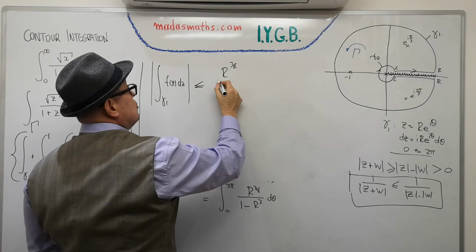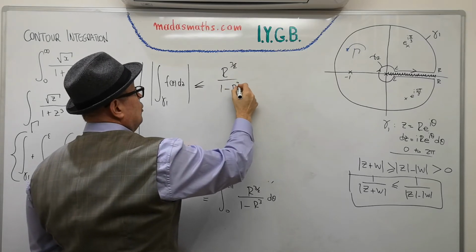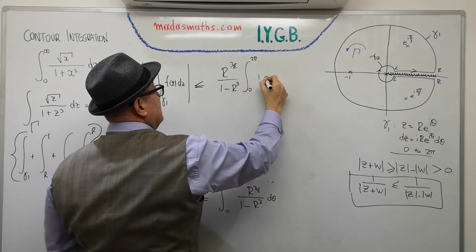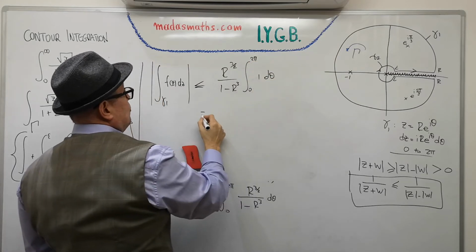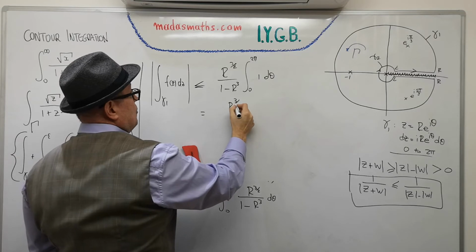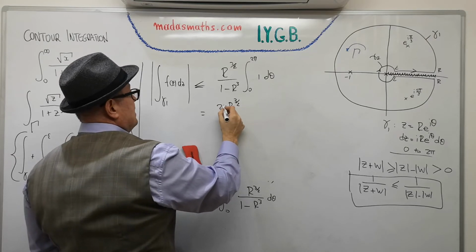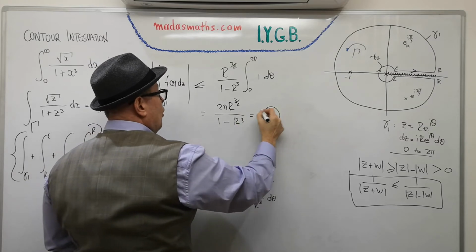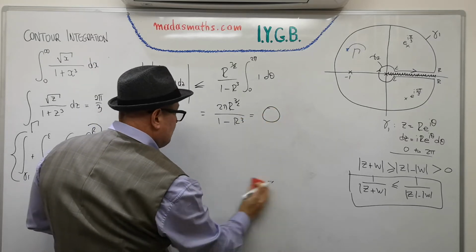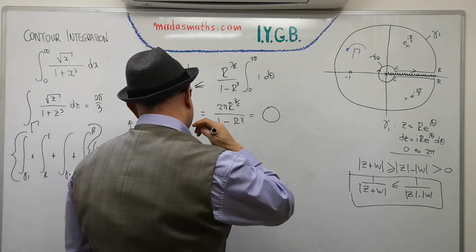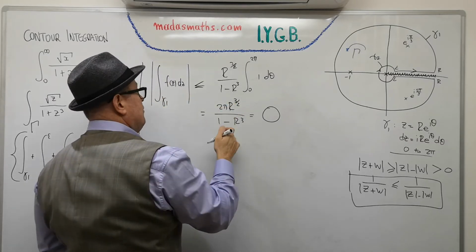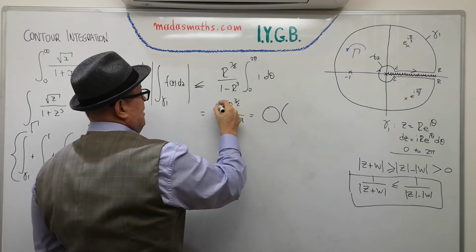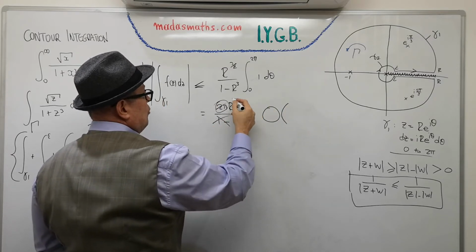So we're going to get 3 over 2 over 1 minus r cubed, integral 0 to 2 pi 1 d theta, which of course will now give us r to the 3 over 2 times the 2 pi, let's stick it at the front, over 1 minus r cubed. If we look at what will happen as we let r go to infinity, this is of the order r, this is insignificant, this is insignificant, so it's of the order r